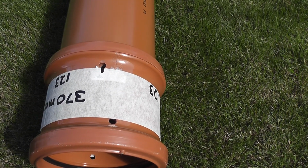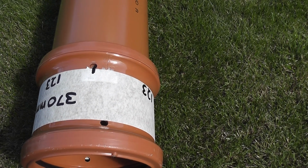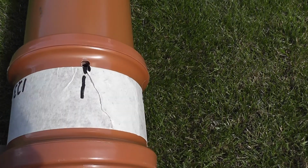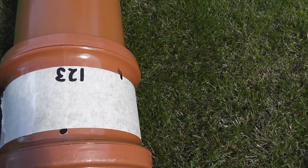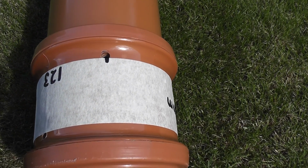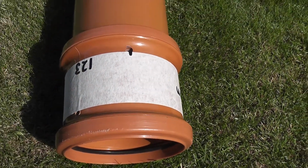Here you can see the collar with the masking tape on, evenly spaced. If I turn it round, you'll be able to see where I've drilled all the relevant holes. Again, nicely spaced holes all match up. And I've done the same on this end of the collar to fit the end cap,